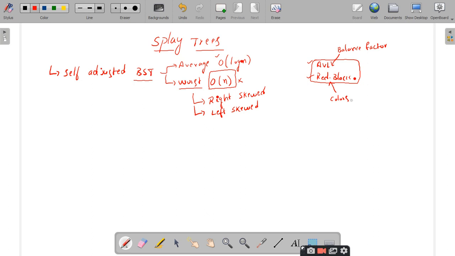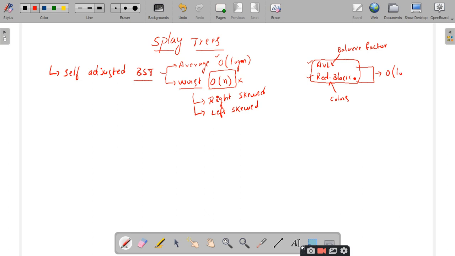The answer you have given is exactly correct, but they include the recoloring concept as well as rotations, whereas AVL trees depend on the balance factor, and if the balance factor is out of the range of -1, 0 and +1, they go for rotations. Is it clear up to this point? Yes, sir. Now, can anybody tell me what the average case and the worst case of AVL and red black trees are?